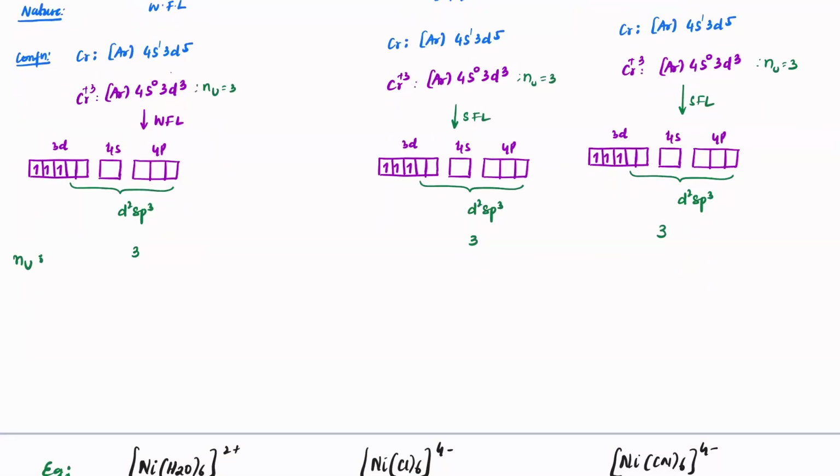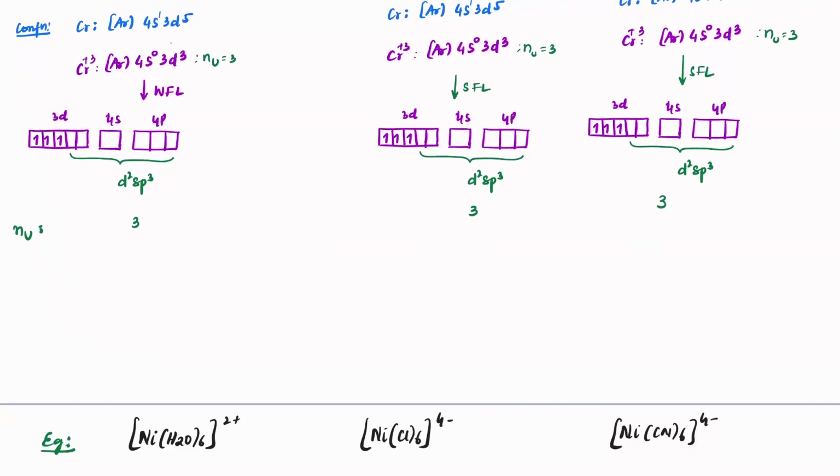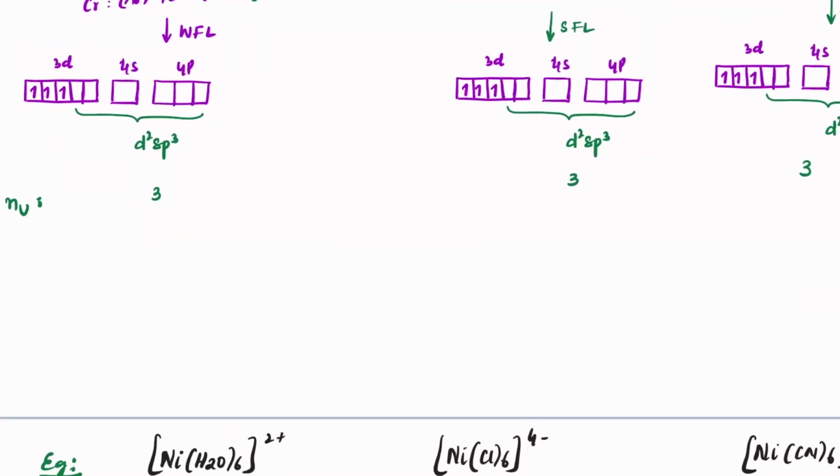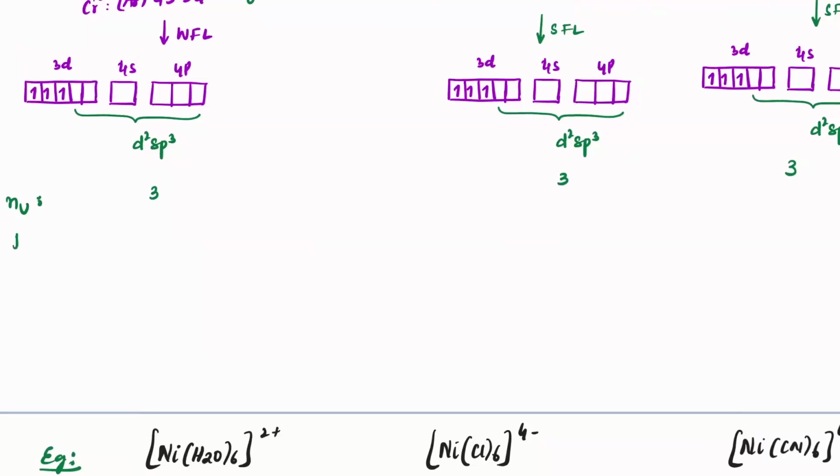So in that case, since the number of unpaired electrons remains the same, do we call it high spin? No. Reason being, if electron configuration